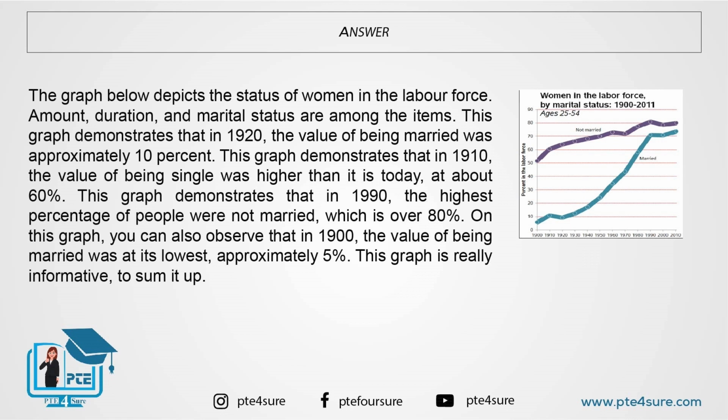This graph demonstrates that in 1990, the highest percentage of people were not married, which is over 80%. On this graph, you can also observe that in 1900, the value of being married was at its lowest, approximately 5%. This graph is really informative. To sum it up,